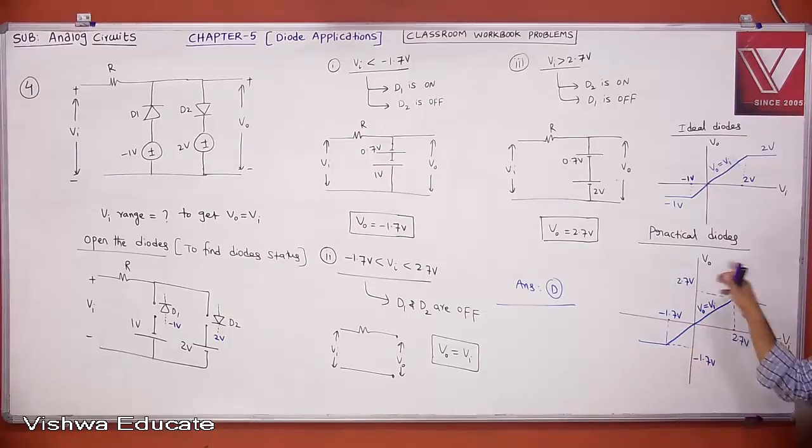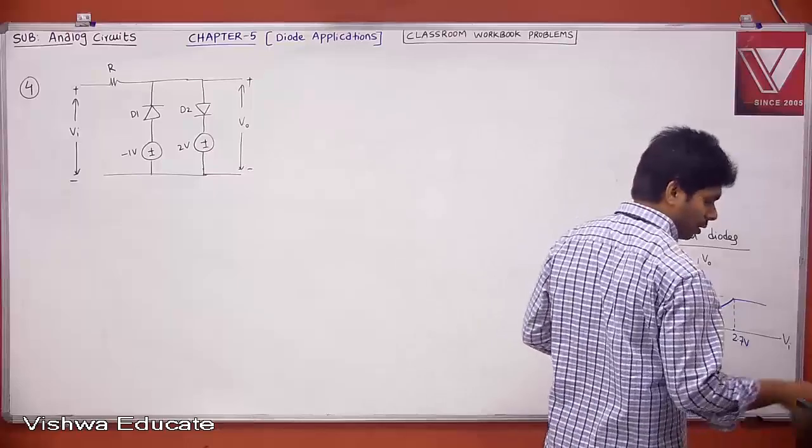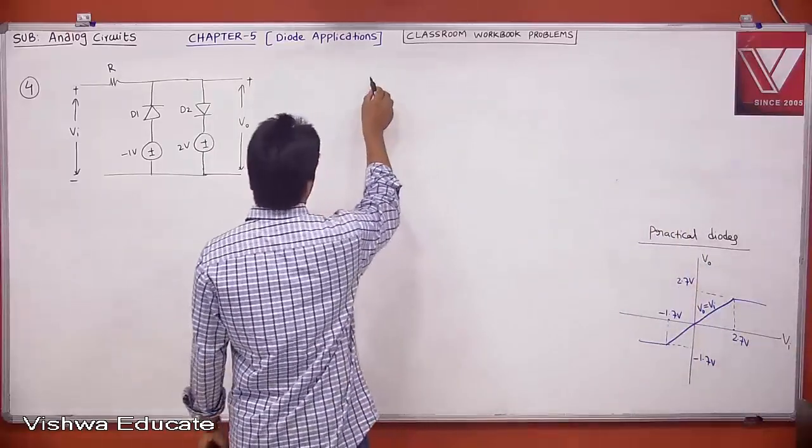Using the transfer curve, the transfer curve describes your circuit for any value of Vi from minus infinity to plus infinity. Because we already have the curve, now tell me,